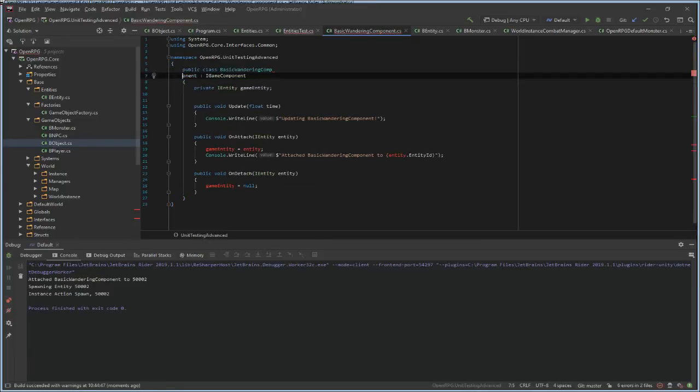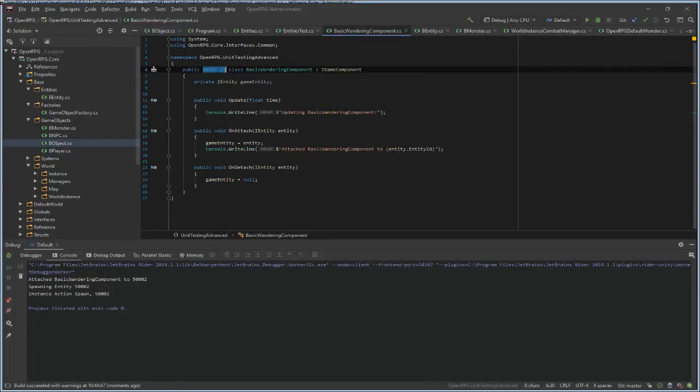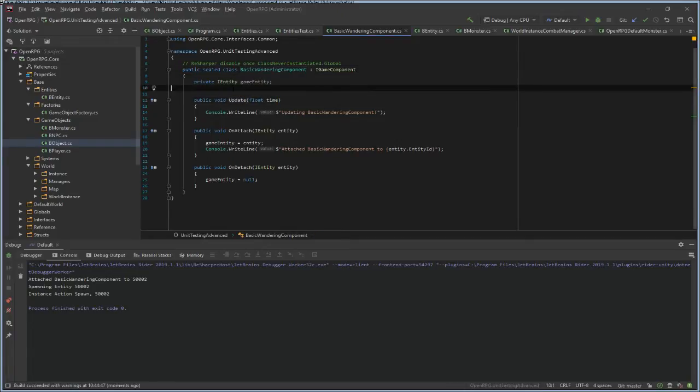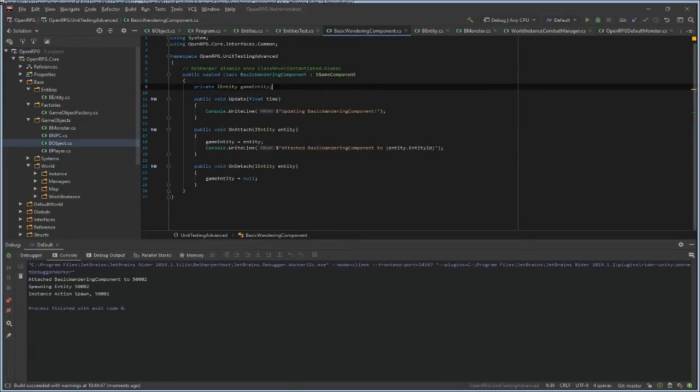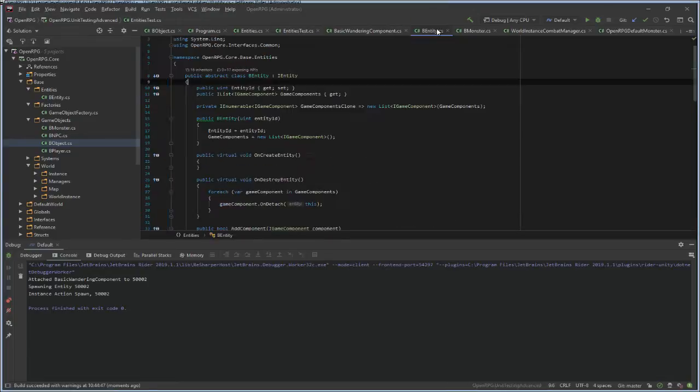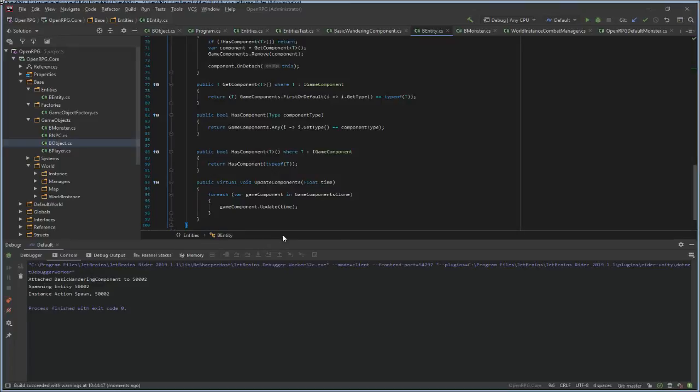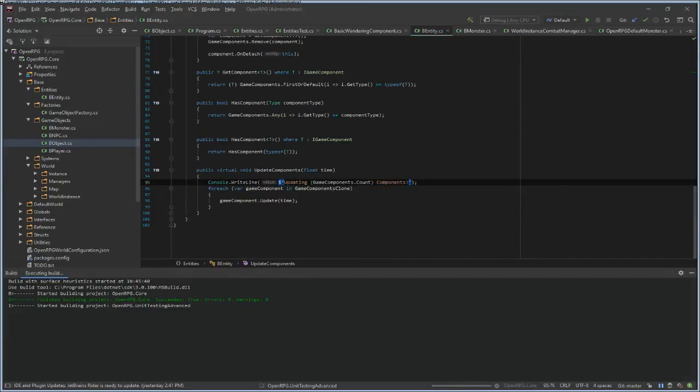Okay, and I need this to be sealed. It's never instantiated. Yeah, why do you care? Update. So this component is never updated. Why is that? Update components, game component, console.WriteLine updating game components.